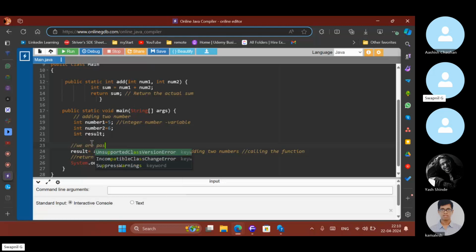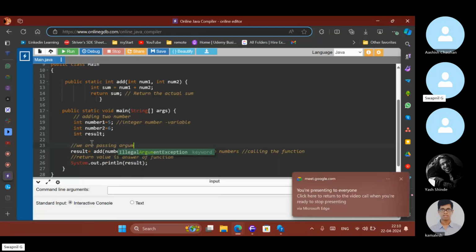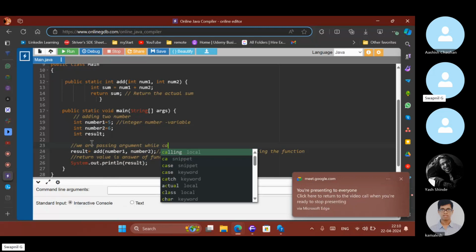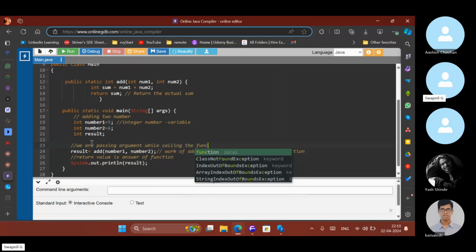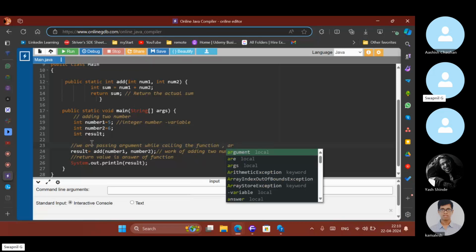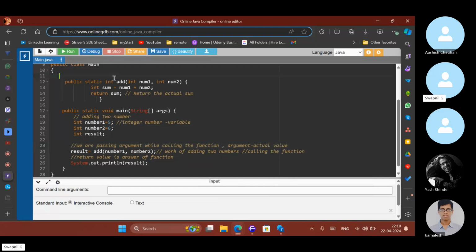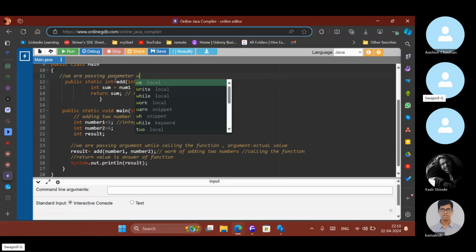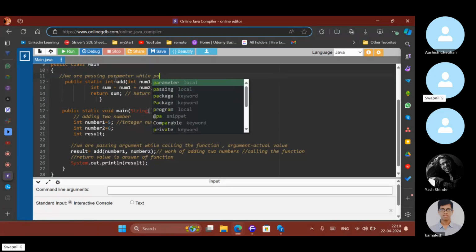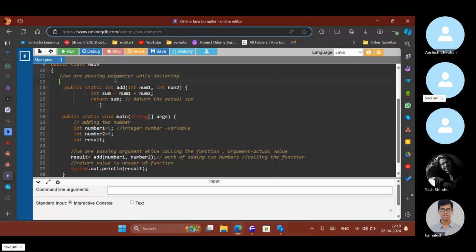We are passing the argument, the actual value, while calling the function, and we are passing the parameter while declaring it.